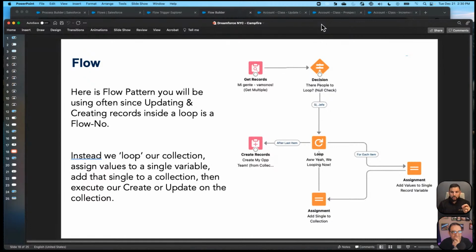After we're done, we take that entire collection of records and do our action all at one time. So we update them all or create them all. This pattern allows us to have flows that work at scale, that work for hundreds of records at a time, as opposed to failing with 10 records if you have a red box inside of this loop. This is an example of a design pattern that you will be using inside of Flow all the time. And again, when we get back to what a pattern is, it's a way that we solve common problems. This is a good example of one you'll be using.